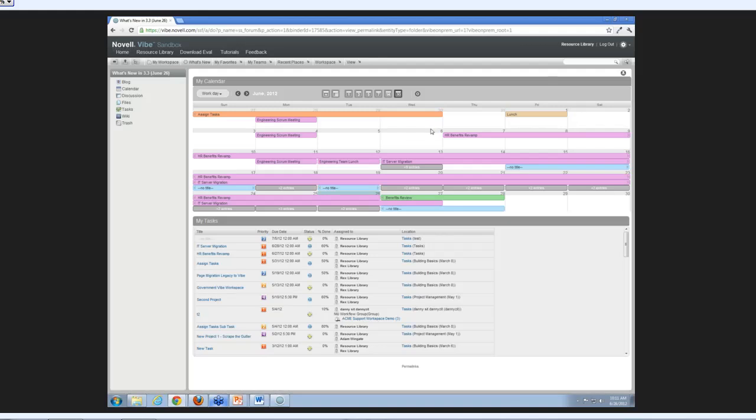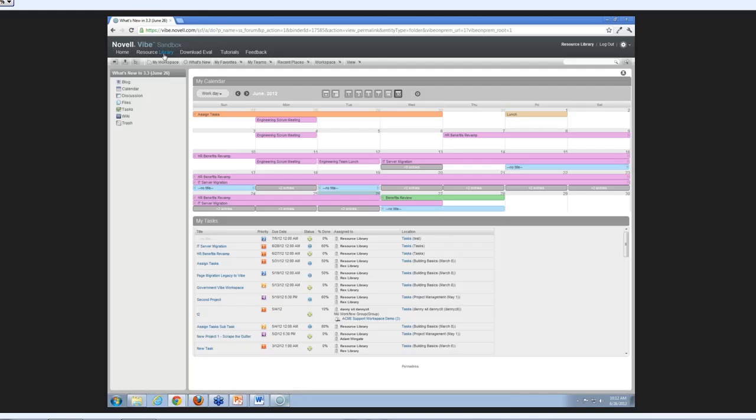Now we're going to talk about the desktop add-in and the Microsoft Office add-in, two of the biggest features released in 3.3, and ones that we think are very functional, and we are excited about them. So let's first talk about the desktop add-in. I'm going to show you how to download these and install them. So what you'll want to do is go to